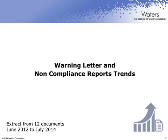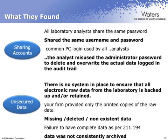So let's have a quick look at what the FDA observations are, and included in them the current trends that are found in that EudraGMDP database. And you can see here, this is simply extracts from a number of documents through the last 2 years. Some of the technical controls that the inspectors have uncovered is that there has been sharing of accounts, and this